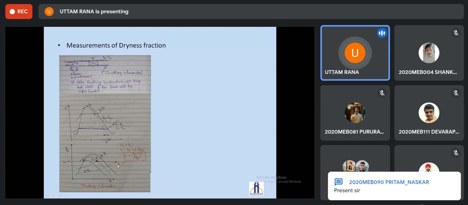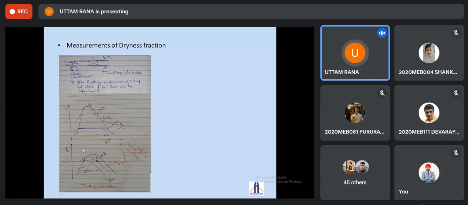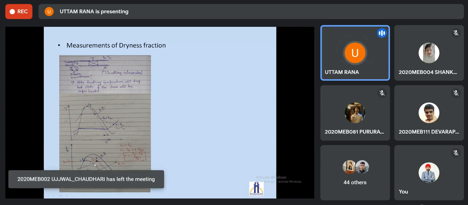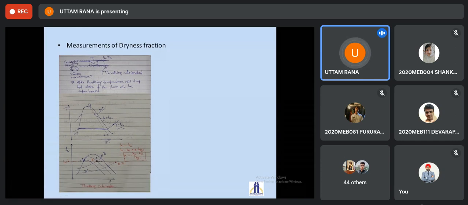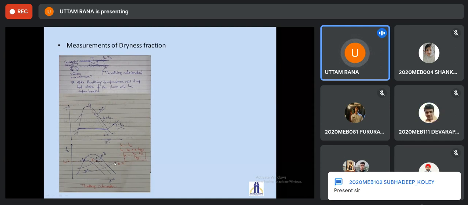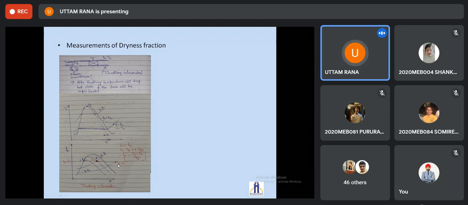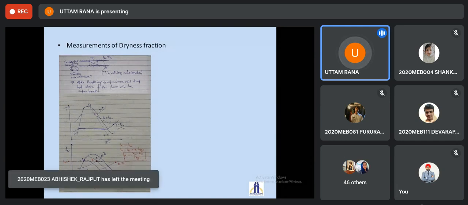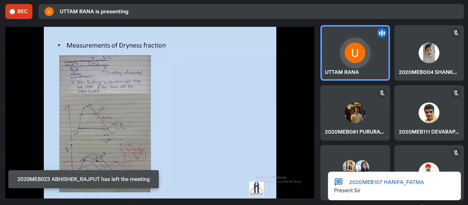You can see in the process diagram, let us look at the HS diagram. In the HS diagram, state 1 is at P1, where the steam is wet steam. Now it is throttled. During the throttling process in the HS diagram, it will be a horizontal line. It will come to state 2, where the pressure is P2 and temperature T2. Now if we know P2 and T2, from the superheated steam table we get the enthalpy H2.